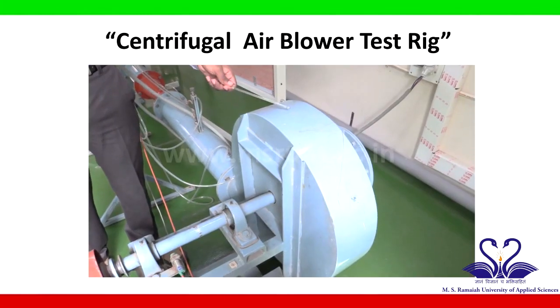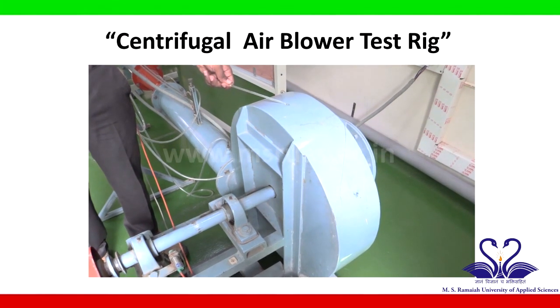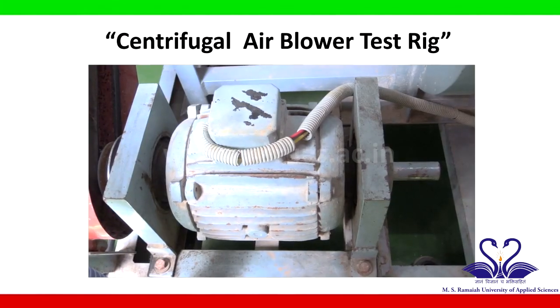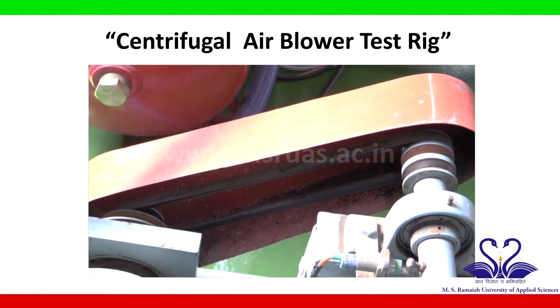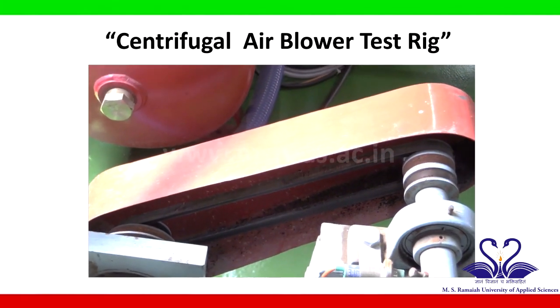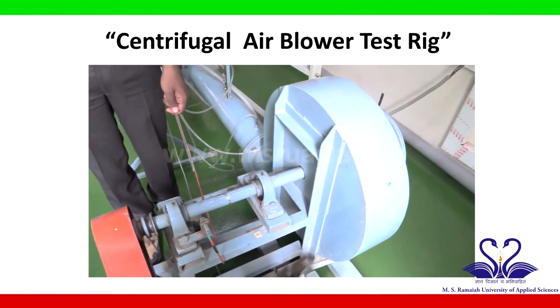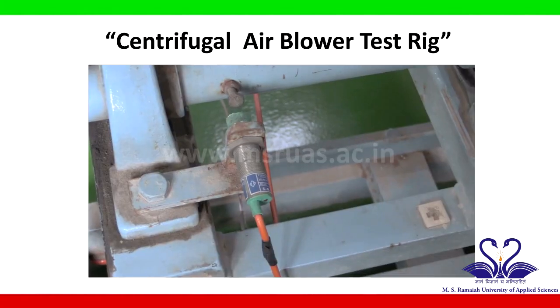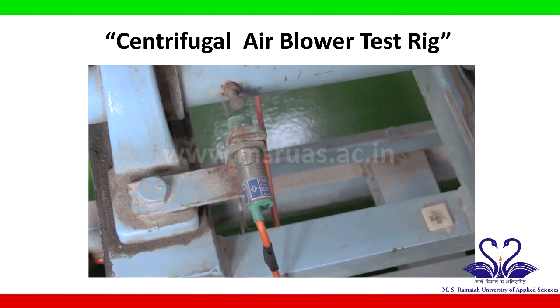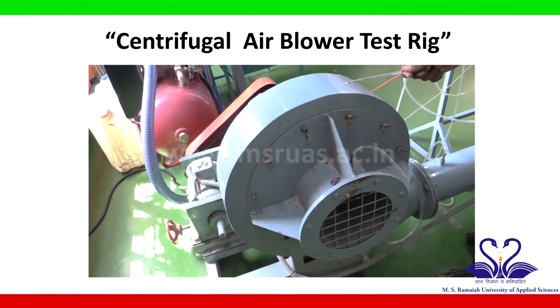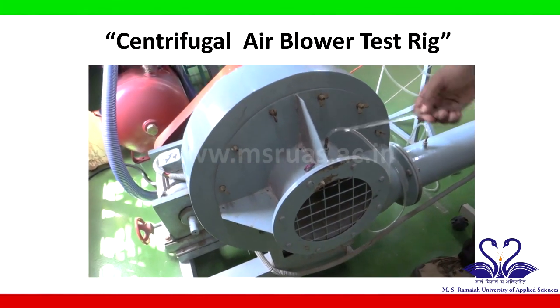The centrifugal blower is being driven by a three-phase electric motor via a V-belt. This is the shaft of the centrifugal blower, on which a proximity sensor is placed to measure the speed of the shaft. For the centrifugal blower, the air enters axially over here,